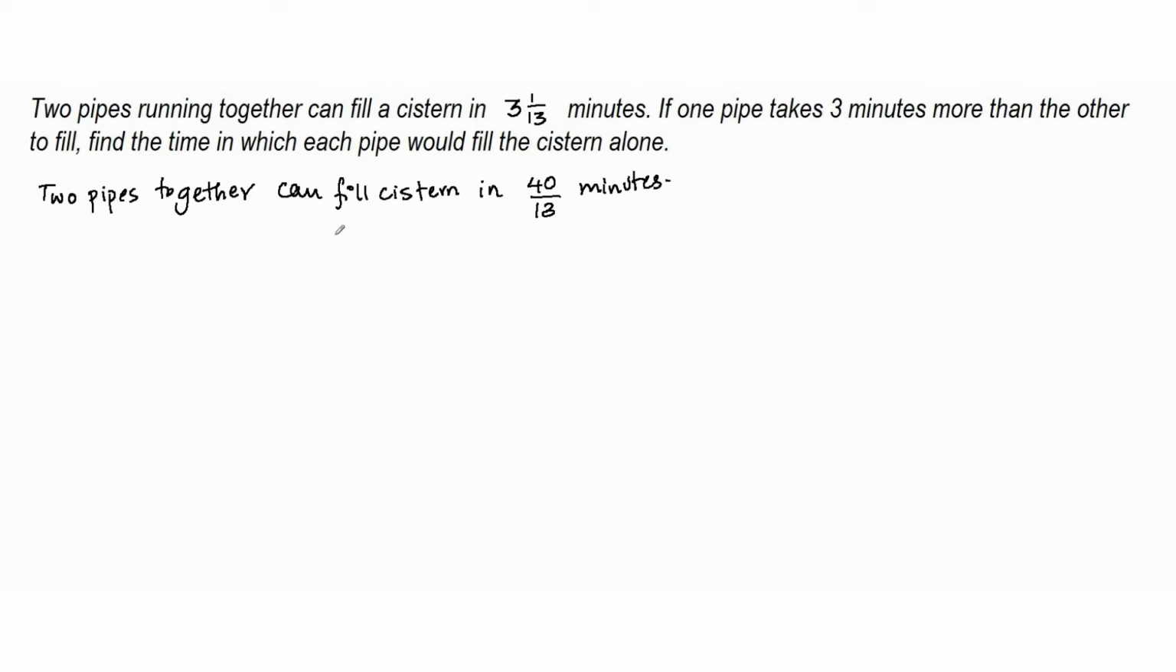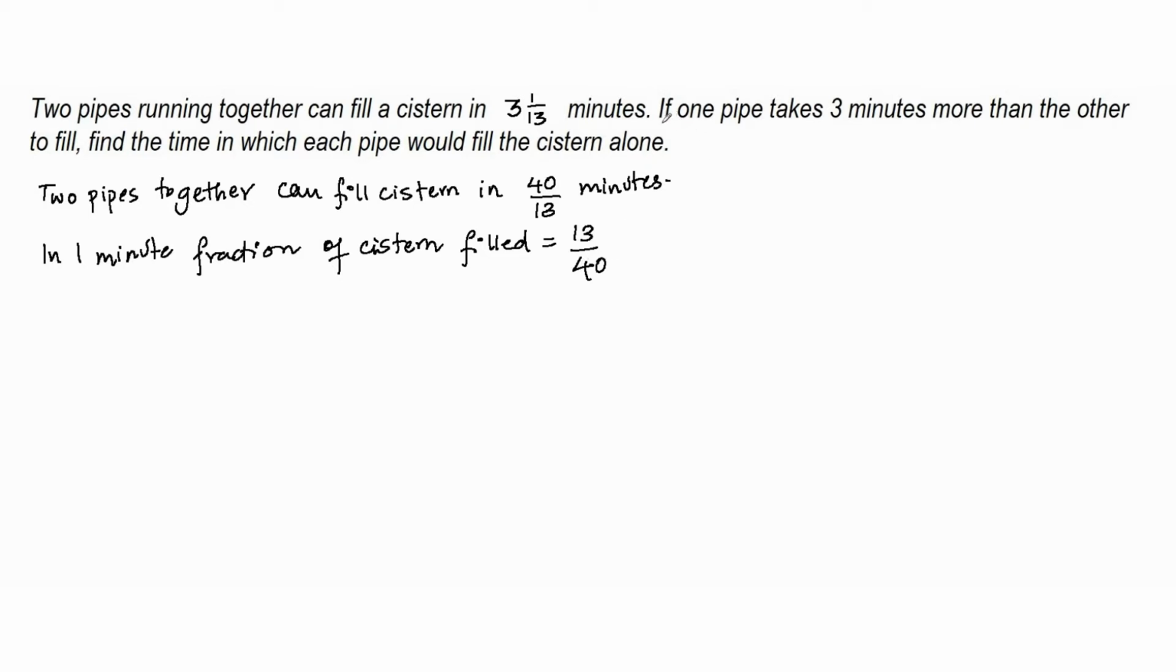So now if it can fill the cistern in 40 by 13 minutes, that means in 1 minute, the fraction of the cistern filled is therefore going to be 13 upon 40, right? This is the fraction of the cistern that gets filled in 1 minute. Now it is